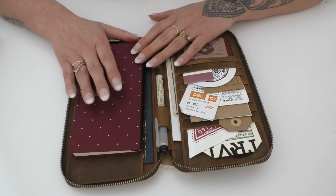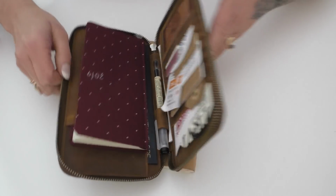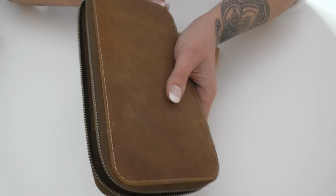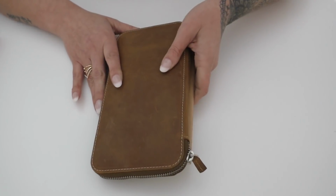I have my pages, I just haven't put them in here yet or decorated it yet. So I'm really excited to do that. So another great way to keep some memories and do some journaling. So that's the weekly rewind. Next,